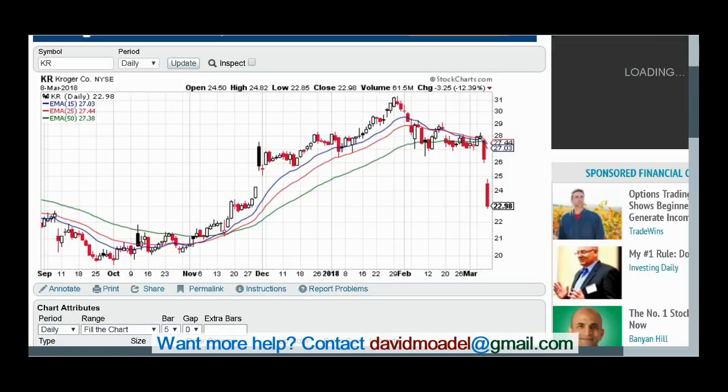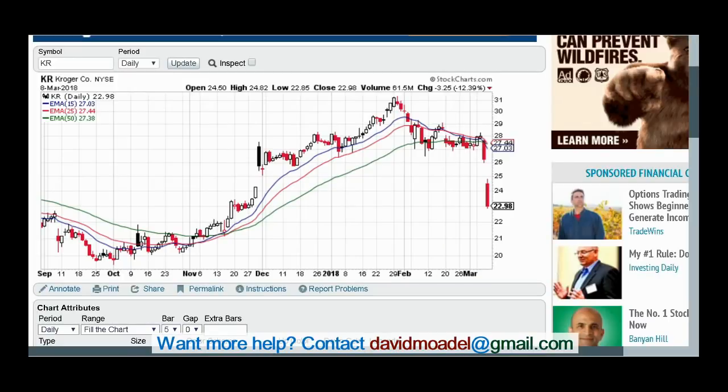And I want to give credit. This website we're looking at right now is stockcharts.com. And this is the daily candlestick chart for Kroger. And what I've put up here is the exponential moving average, actually three of them: the 15-period exponential moving average, the 25-period, and the 50-period. You can also use simple moving averages instead of exponential moving averages if you want to. It all depends on your preference, but they both can work.